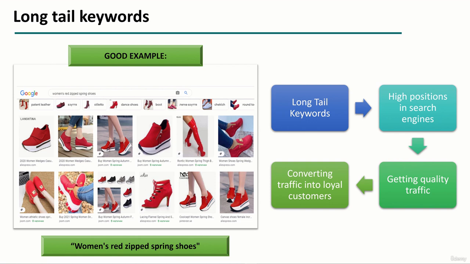Long-tail keywords serve as an arrow pointing to a target. They resonate with those in quest of not just any information or product, but a solution, a specific guide, a distinctive service that aligns with their unique needs. Optimizing your pages for these long-tail treasures brings a cascade of benefits. It not only elevates your standing in the search engine realm, but also acts as a magnet for quality traffic. This isn't just about being seen, it's about attracting the right eyes, those that see value in what you offer and are ready to convert their interest into loyalty.